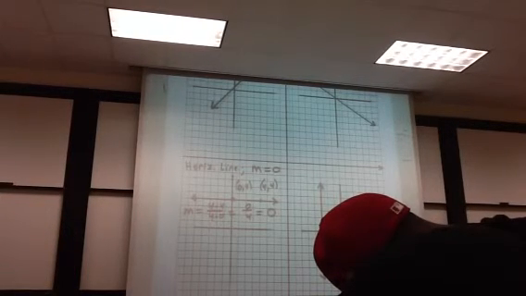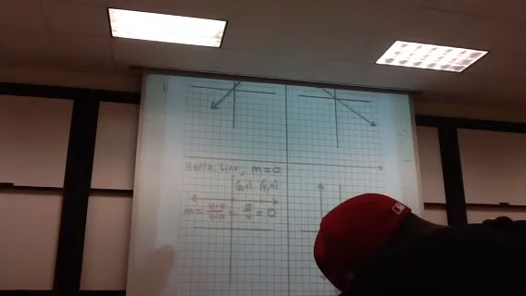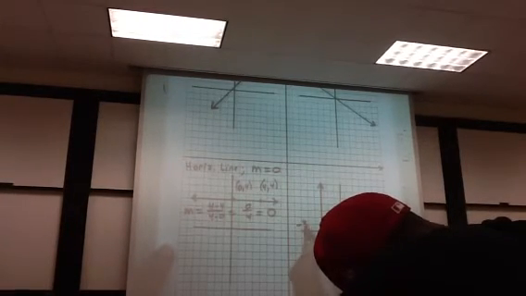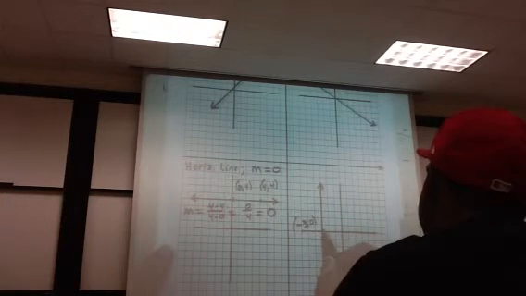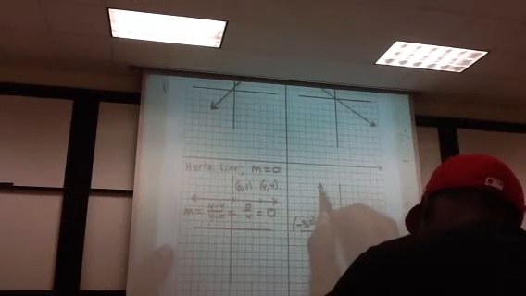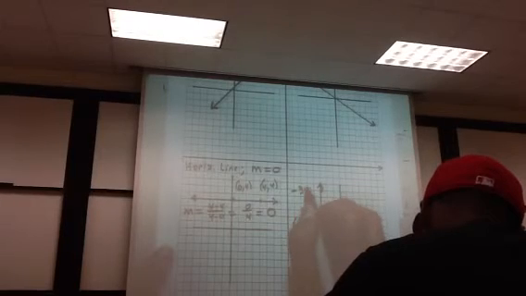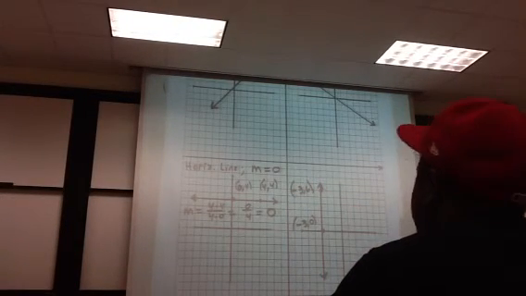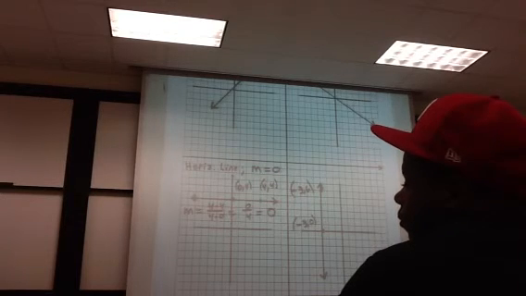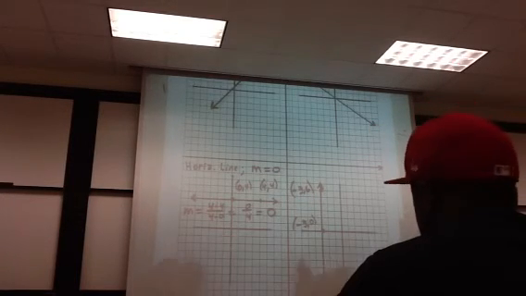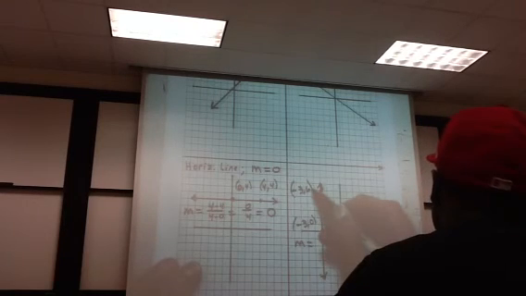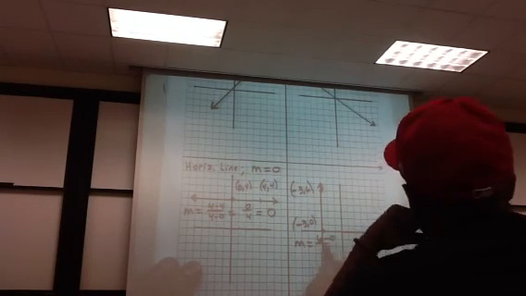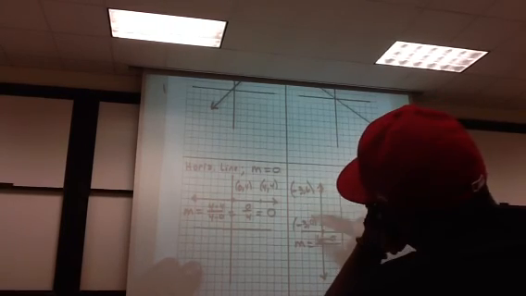All right, let's check out this bad boy right here. That's negative 3, 0 and here's negative 3, 6. Just pick any 2 points on that vertical line. I'm going to do exactly the same thing: y minus y over x minus x. That's going to be 6 minus 0 over negative 3 minus